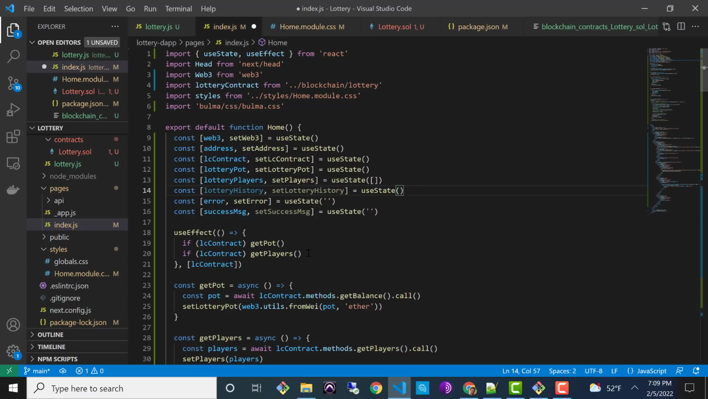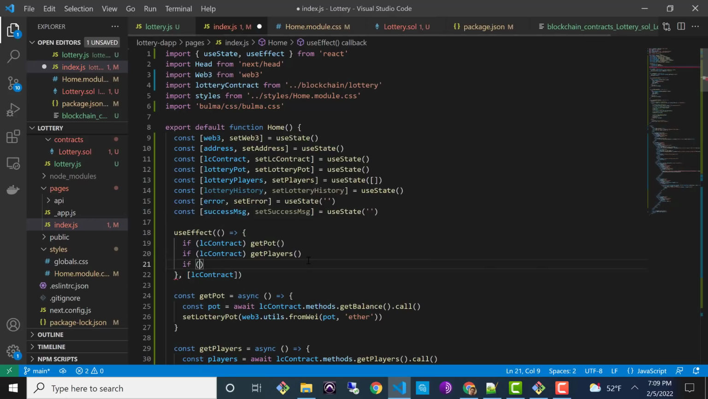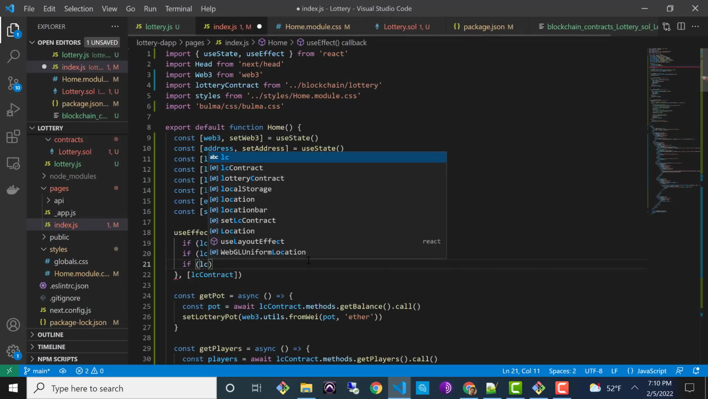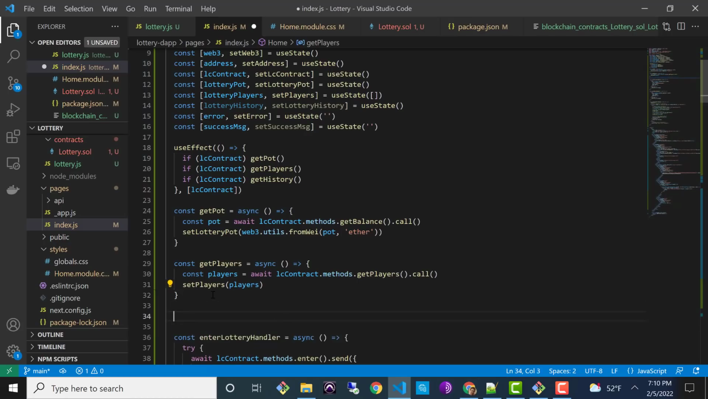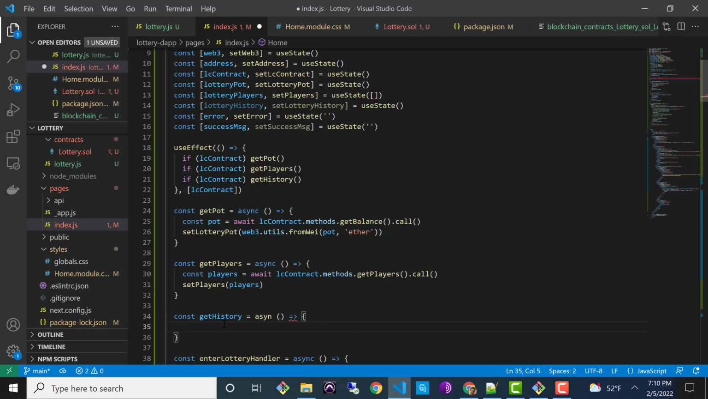Now we're going to want to fetch this and display it at the beginning of the page load cycle. So again, we'll make another entry in our useEffect hook. We'll check for LC contract, and then we'll say get history. All right, and then we need to actually create that function. So we'll say get history equals async function, no arguments, and then history equals await LC contract